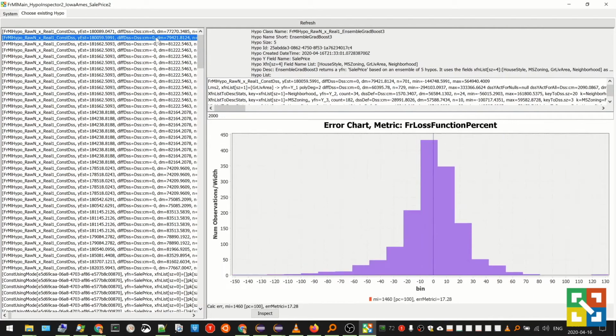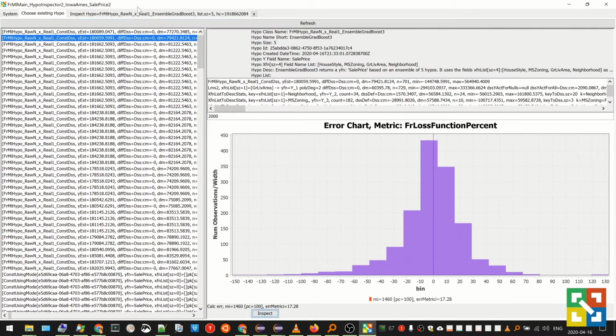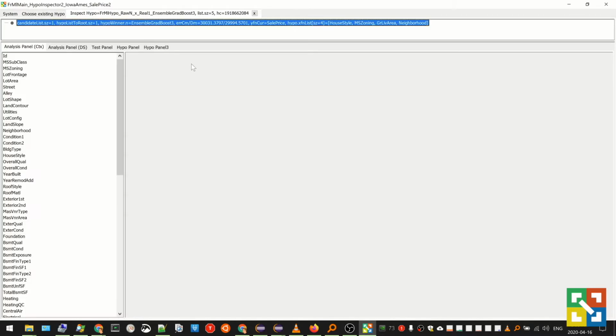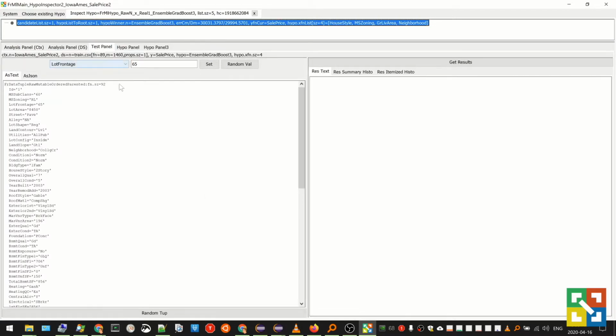But let's pick one that's relatively straightforward, just to make things a little more clear. So here's an interesting one. It has a size of 5 and it has some complexity to it, but nothing that's too complex for instructional purposes. So let's inspect this one. We can see here the key panels for the inspector are these last 3 panels. The first 2 were explained in the